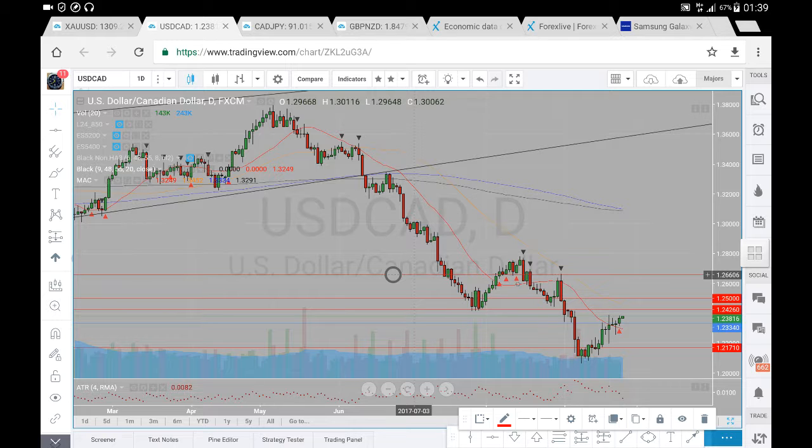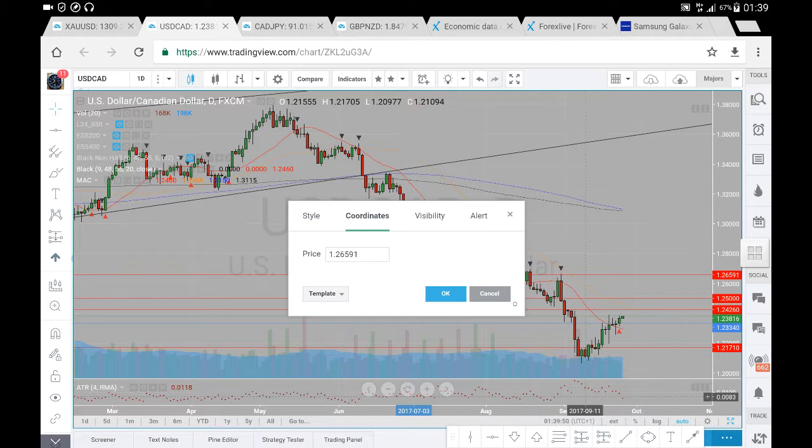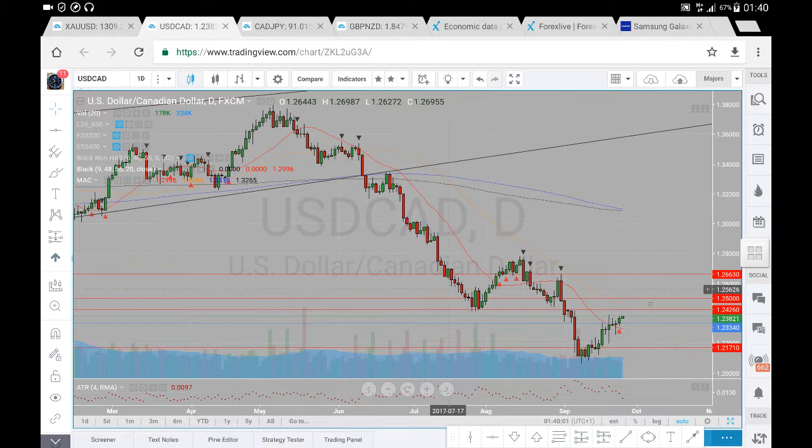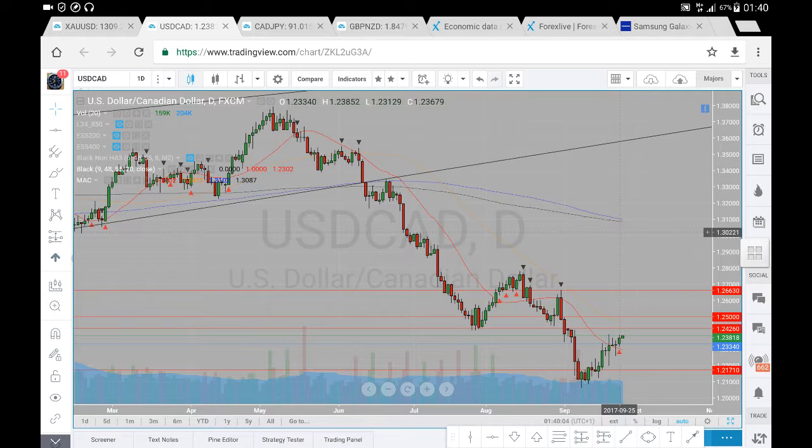Let's just get that right. 126.63. Yeah, those are the levels I'll be looking at, and the most recent low being on the daily chart